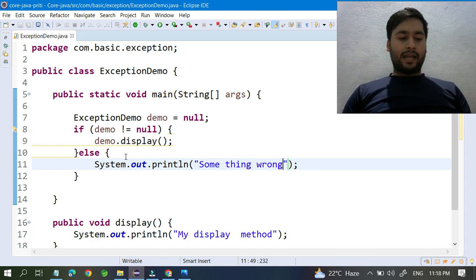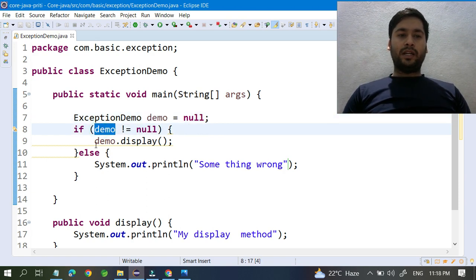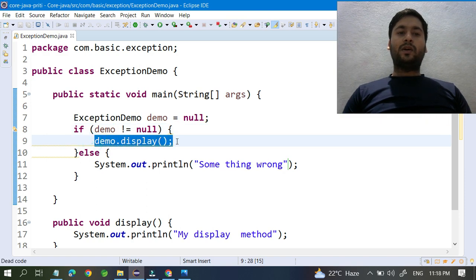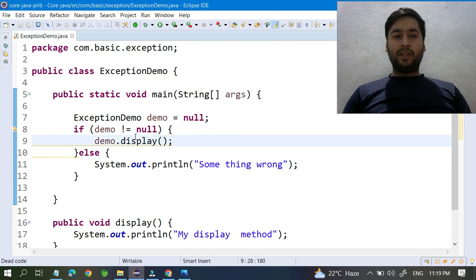So right now you won't get any exception, because if this object is not initialized, it's exactly null, so you can handle it. You can run it and you will see "something wrong"; it will not give the null pointer exception now. So this is one of the ways to handle it.